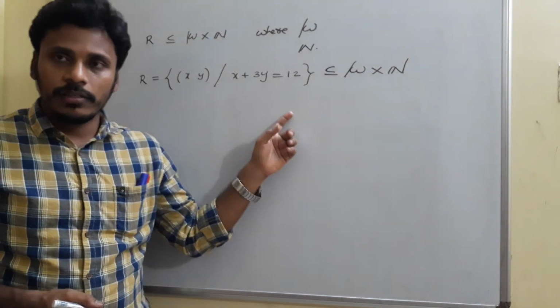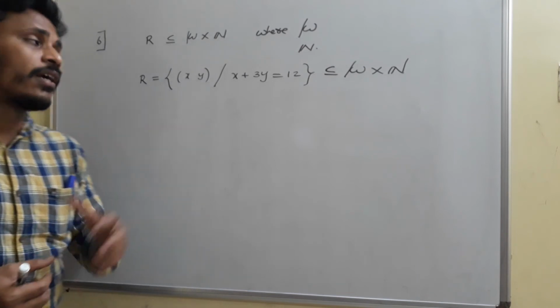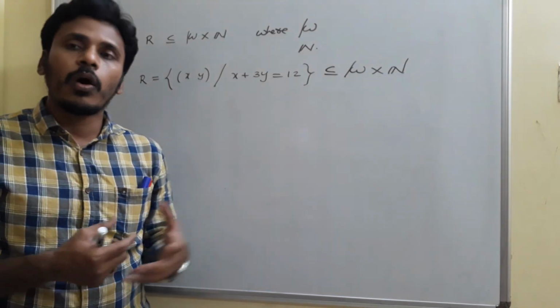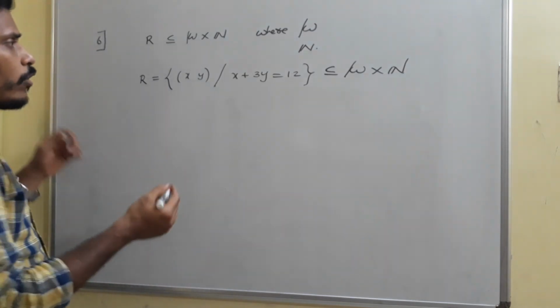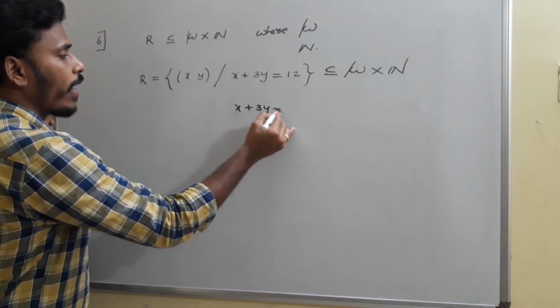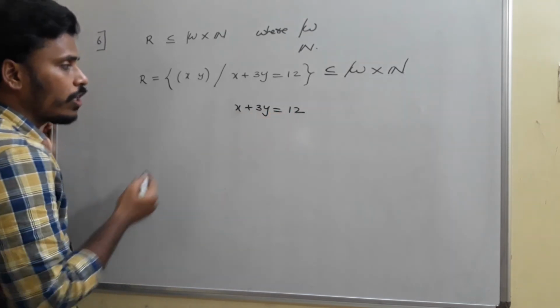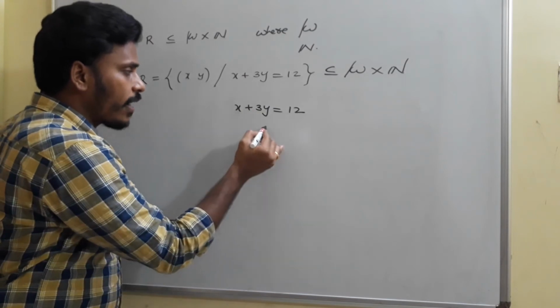If it satisfies, then we need to list the corresponding ordered pairs in the relation. And after that, now here I am going to write its domain, range, codomain and everything. Just think about it. So I need to find the values of x and y related to this rule x plus 3y is equal to 12. I know that y is a natural number.